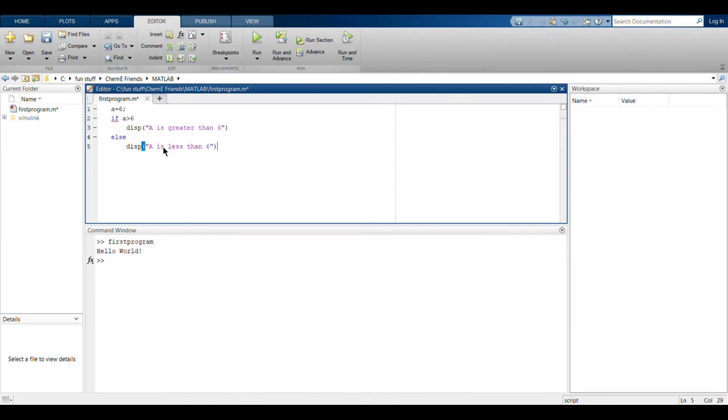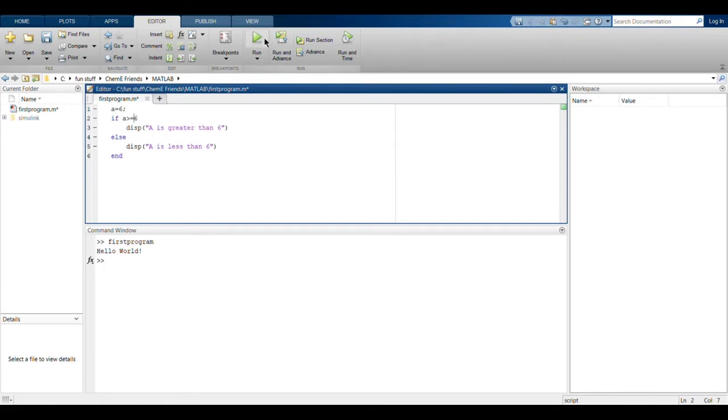All right, and the conditional statement should end with an end. So this completes one particular conditional. I have said that if a is greater than 6, we display a is greater than 6, and if it's less than 6, we display a is less than 6. I think greater than or equal to is a better way of writing it because it might get confused, who knows.